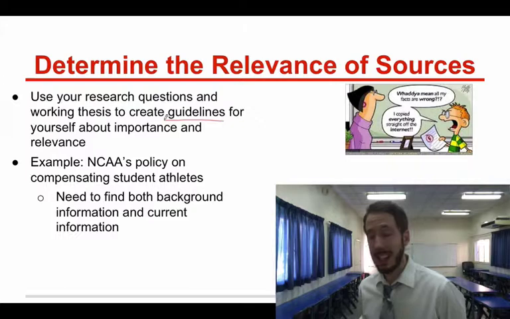First, think about who the source is. Where is this necessarily coming from? Is it peer-reviewed? Is it from a government website? Is it from a newspaper? Because that's going to tell you, again, your readers, keep in mind what they think. If they are going to be very, very wary of particular news sources, do you really think they should be used?